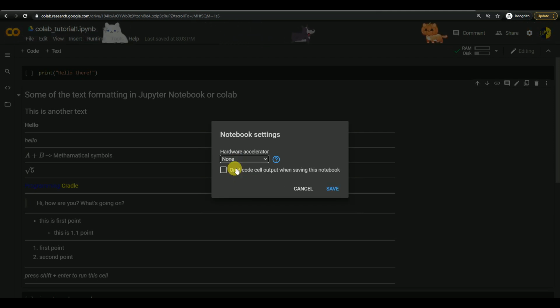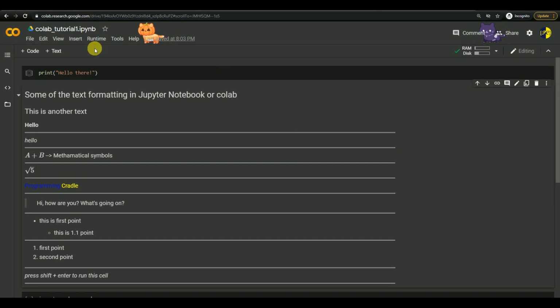For normal machine learning algorithms, you can simply use it without any hardware accelerator, because it will work much better. If you want to know more, you can always click on the link and learn more. For now I don't want to use it, so I will just leave it as it is.